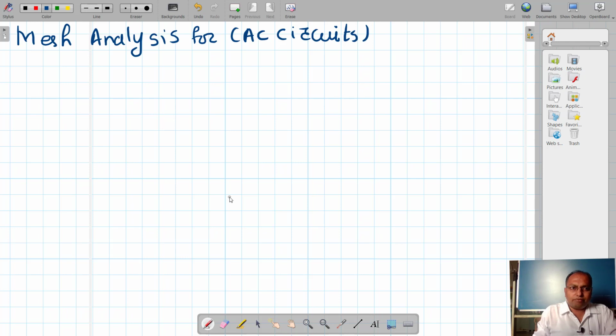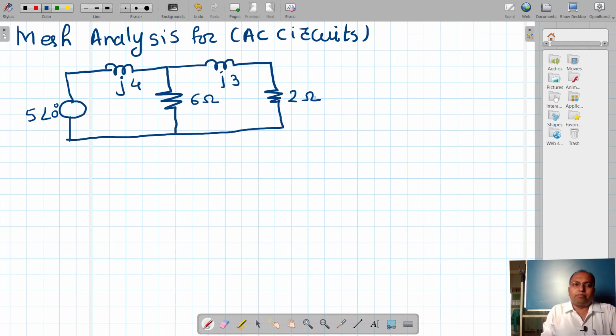So in this video lecture we will be discussing mesh analysis for AC circuits. Up till now we have seen examples in which only resistors and DC voltage sources were there. In this example we are going to see different components, that is a resistor, inductor and capacitor, to which we are going to apply an AC source. Let us apply the same mesh analysis as for DC circuits, in a similar manner to this circuit as well.